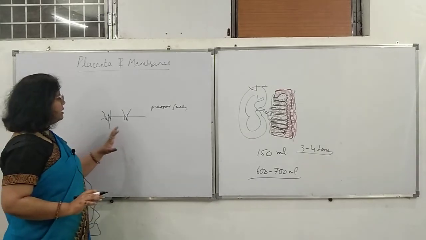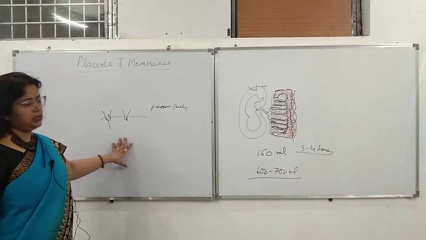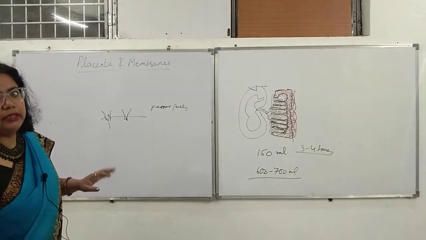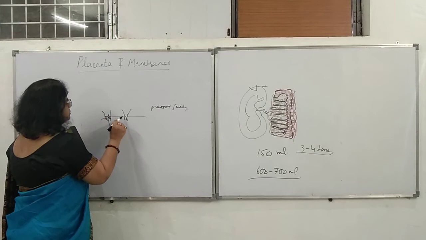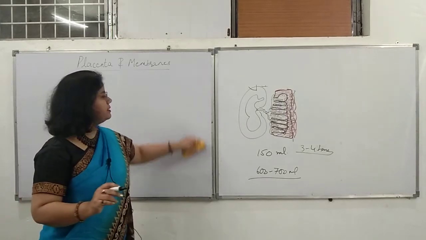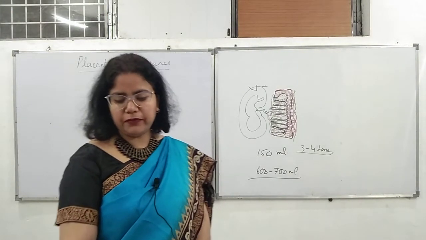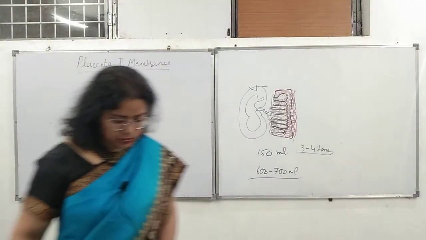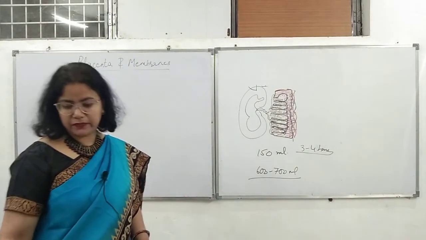But what happens in cases of preeclampsia? This second wave of trophoblastic invasion into the spiral arteries, which occurs normally, is hampered. It does not take place properly. So funneling does not occur, and it leads to reduced uteroplacental circulation. So if the second wave of trophoblastic invasion does not take place normally, it leads to preeclampsia, and it starts at around 16 weeks of gestation. So this is very important.